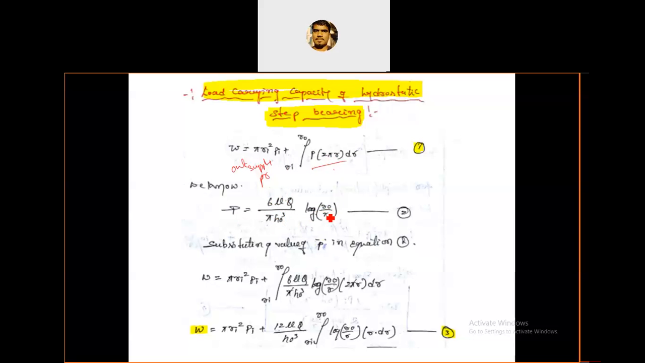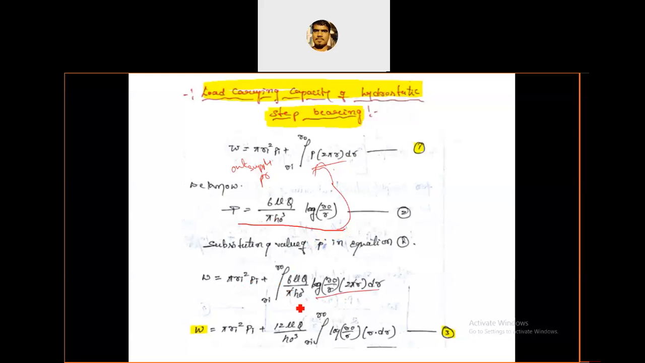Okay, same equation. If you don't remember, you can get it from the data handbook. And substituting this value into the above equation 1, I am going to substitute this P value into the above equation. Now it becomes,